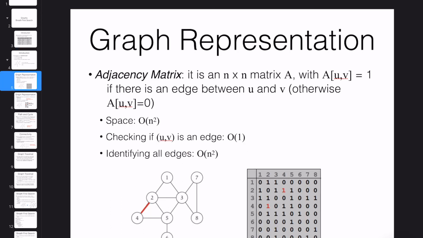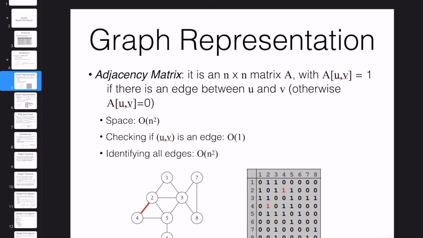So how do we represent a concept like a graph in a computer? Anything that we work on in a computer, we have to represent and store in memory, so we need a data structure. There are two regular ways to represent a graph. The first one is the adjacency matrix,